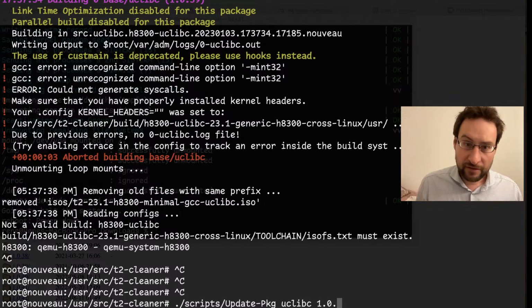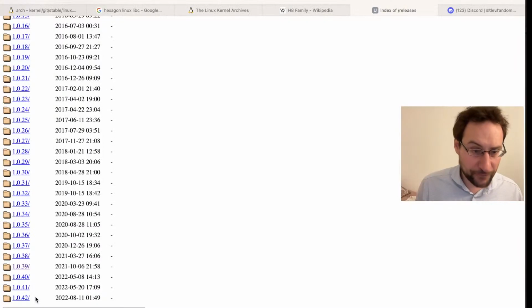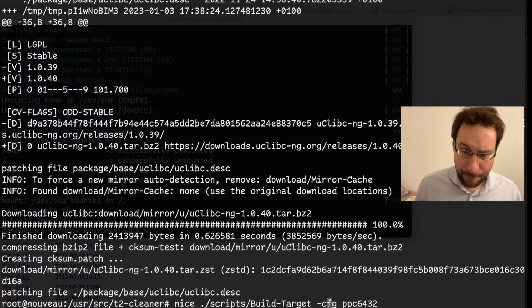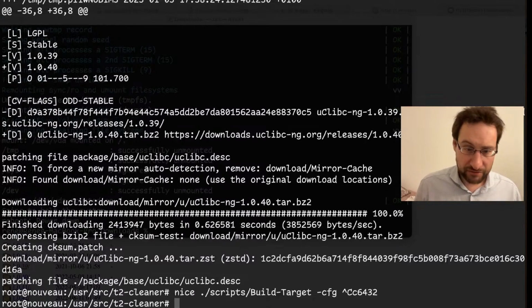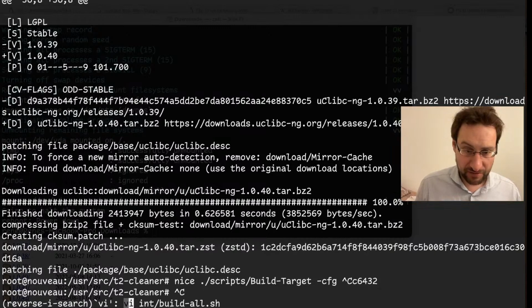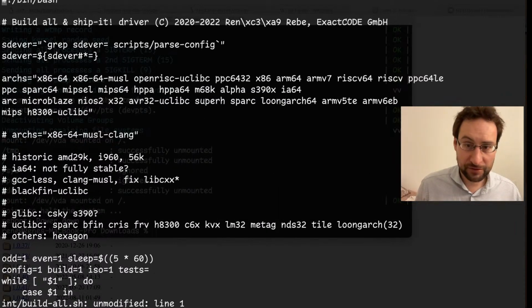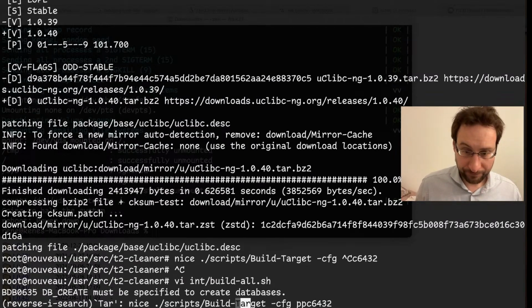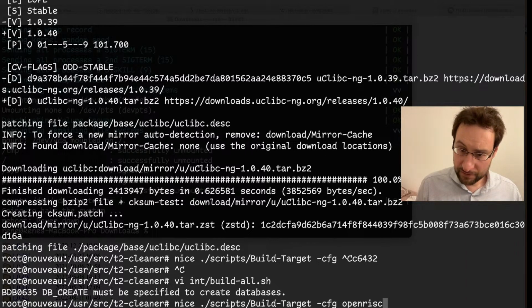For such important packages, they're all from 2022, not that old. We should test build that to check for build errors, and we otherwise are open to risk, of course. So that would be OpenRISC uclibc.